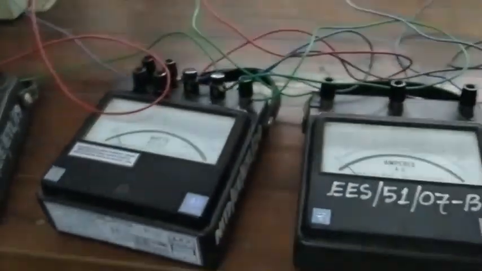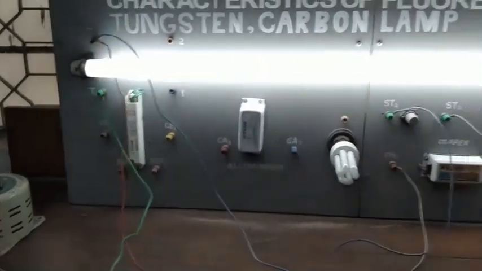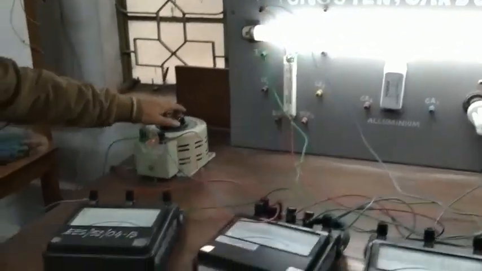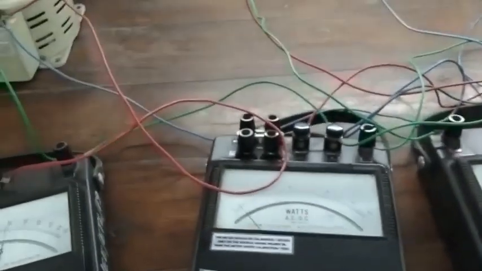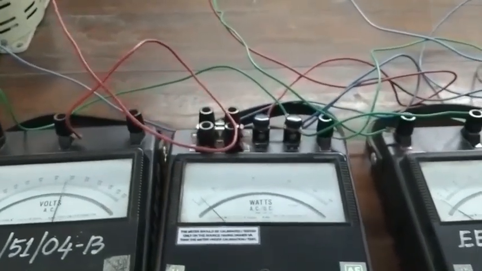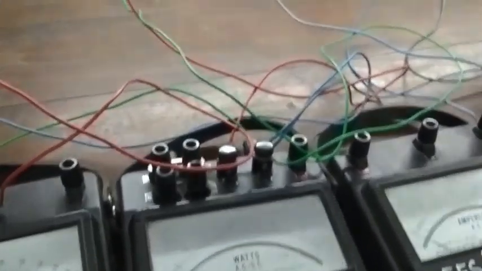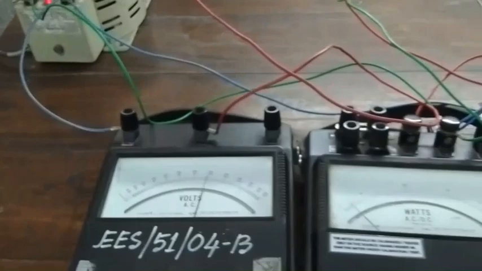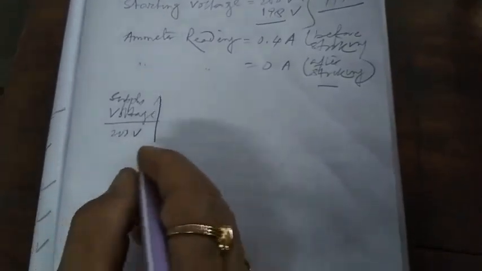Now I slowly increase the voltage in regular steps and note down all the readings. So now here what you see is 200 volts. I can record all the readings. Here the supply voltage is 200 volt. Supply voltage equal to 200 volt. Then wattage